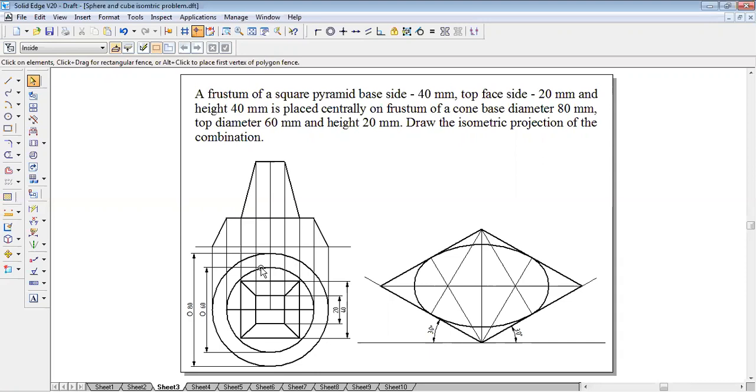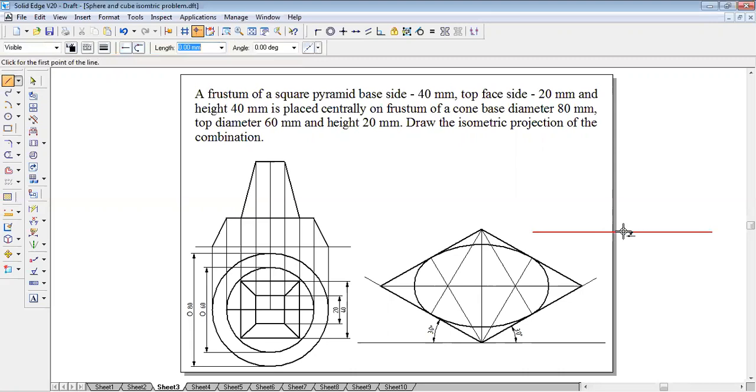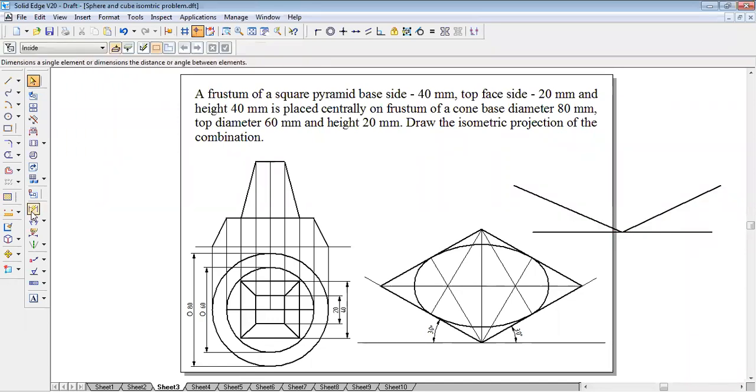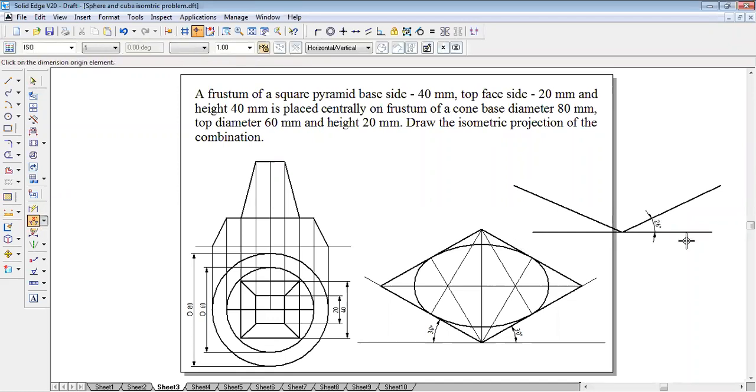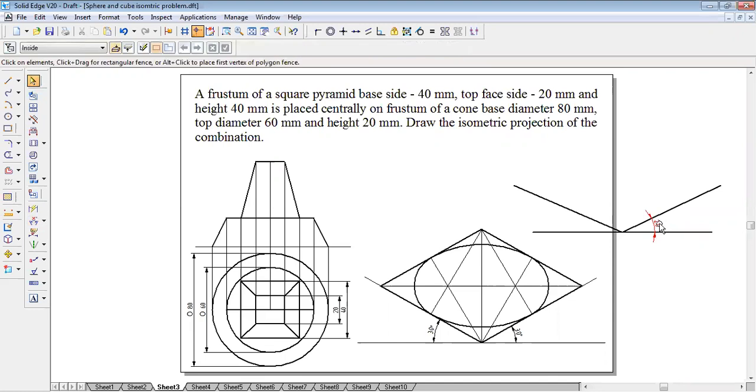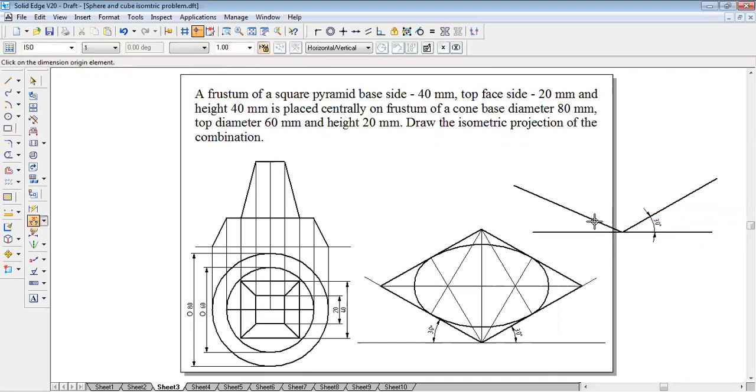Now, what should I do? I have to draw one more cone. I can't draw it here, it'll be confusing. So I'll just draw it somewhere else. Okay. Just for the sake, I'm just drawing it here. After that, you can move it at some length, some angle. This is the beauty of Solid Edge or softwares. After that, you can just place it wherever you want. That is the helpful way. You can just draw them.